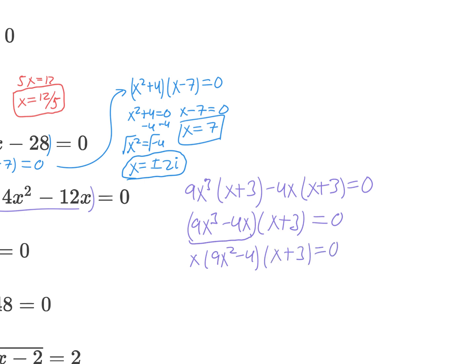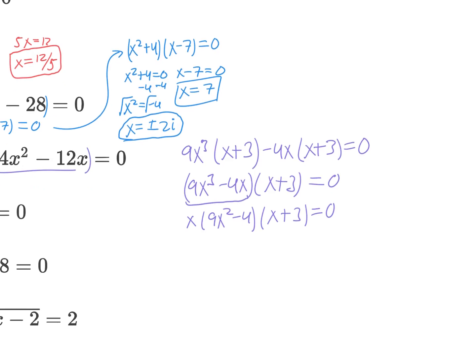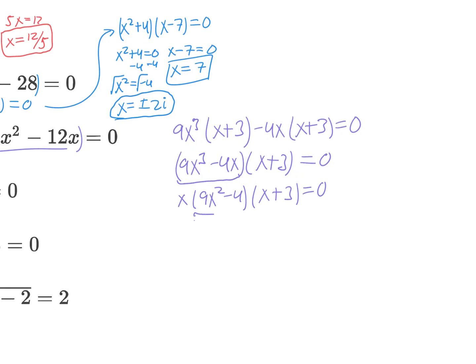All right? And now you could set your factors equal to 0 from here and get a plus or minus answer, or you can keep factoring 9x squared minus 4, right? This is a difference of squares, right? So this is going to get me a 3x plus 2 and then a 3x minus 2, right? And then I still have that x, and I still have that x plus 3